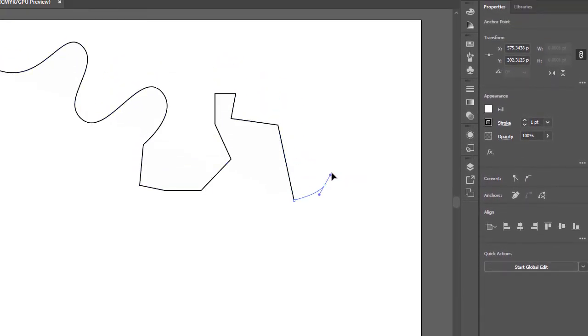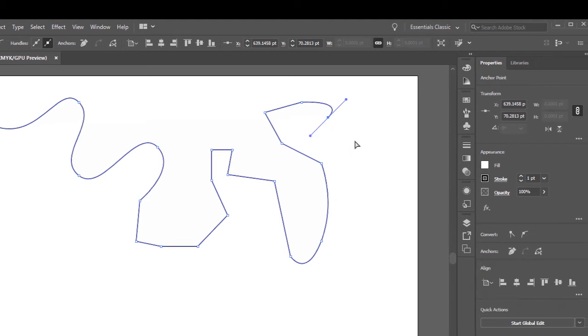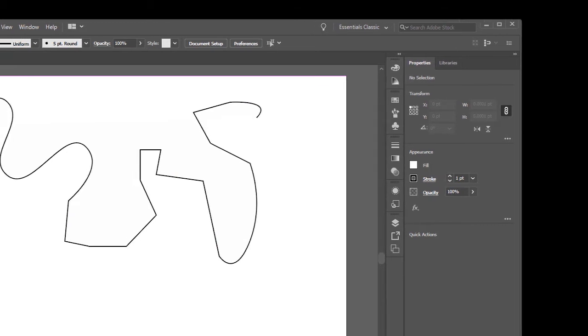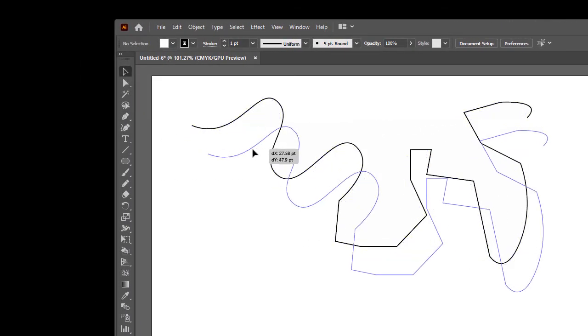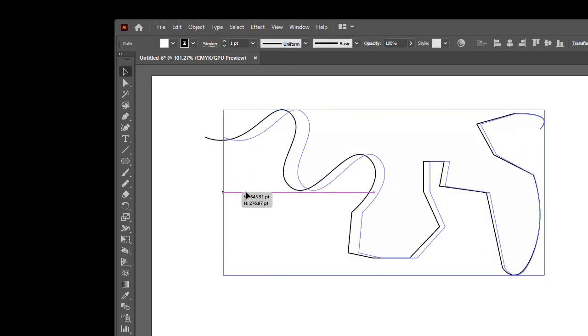If I click and drag though, I can mix in some curves and get some special shapes here. So once I'm done, I can hold down Control and click anywhere on the canvas, and it completes my line. Now this line is completely editable. If I choose my selection tool over here right at the top, I can click it and move it and squish it